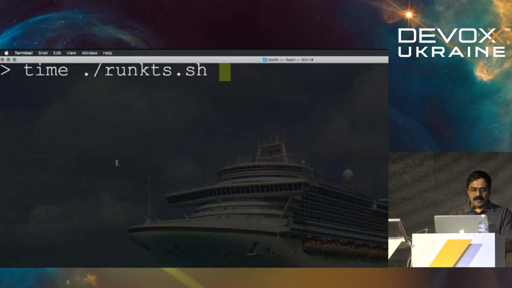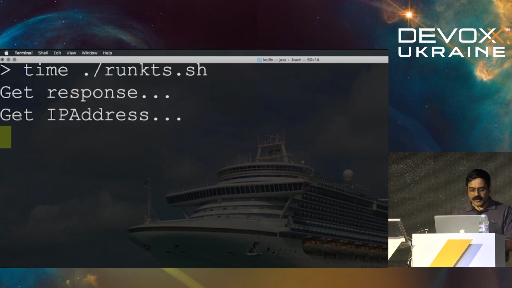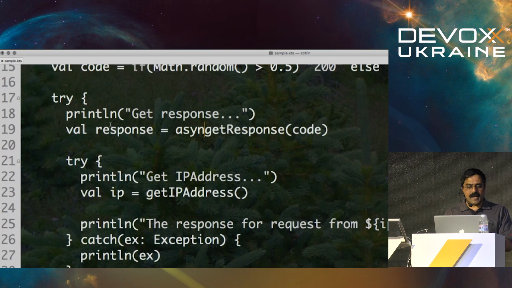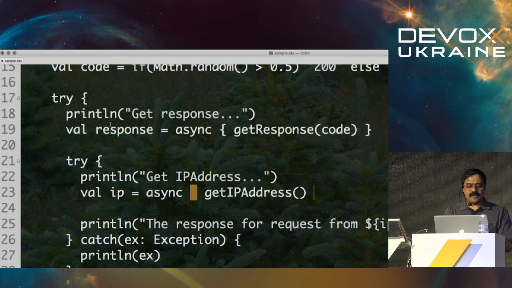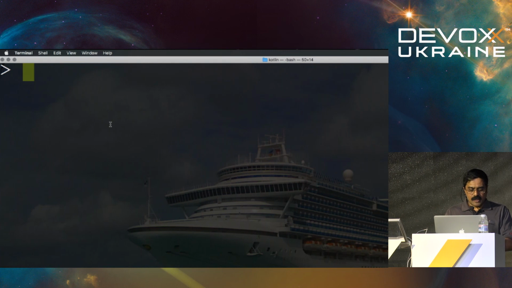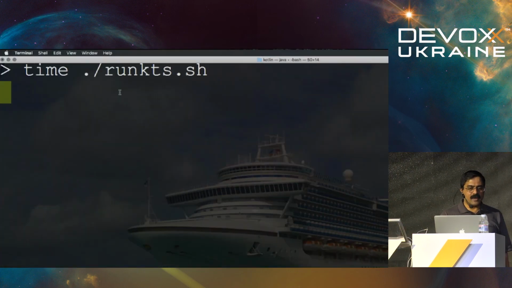And when I run the code, you can see it makes one call, and it is waiting for it to finish before making the other call. On the other hand, if I were to go back here and make them both asynchronous, what's going to happen now is it's going to fire the first one, fire the second one, and then await the response from both. So if I go back to this code and run it this time, you can see